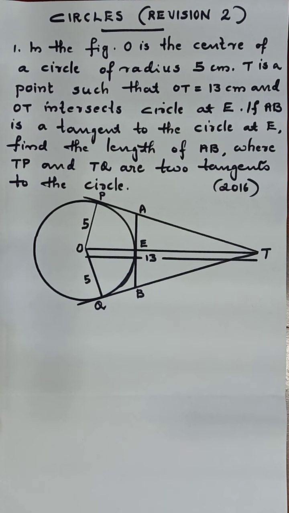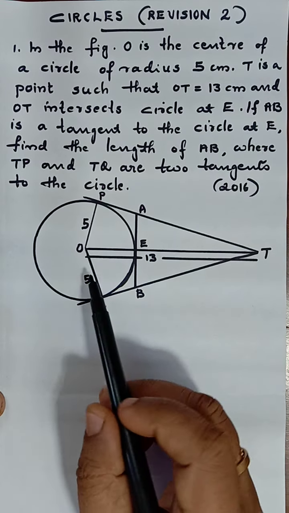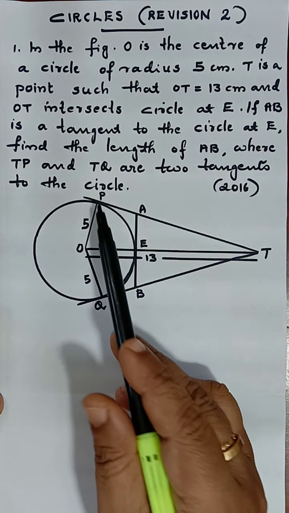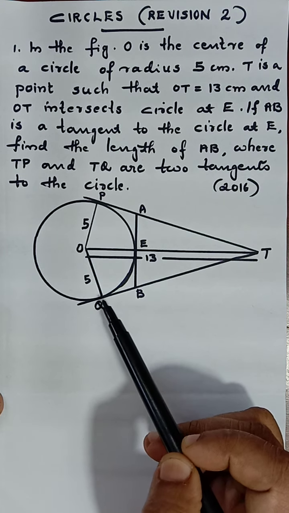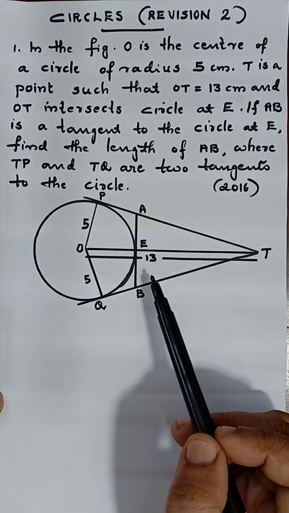Children, today let us revise circles, revision 2. Question number 1. In the figure, O is the center of a circle of radius 5 cm. That is OP, OE, OQ, etc. are 5 cm. T is a point such that